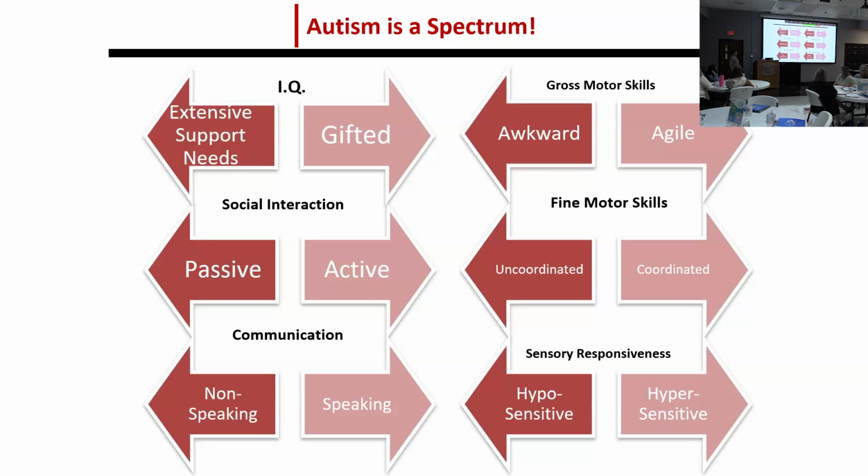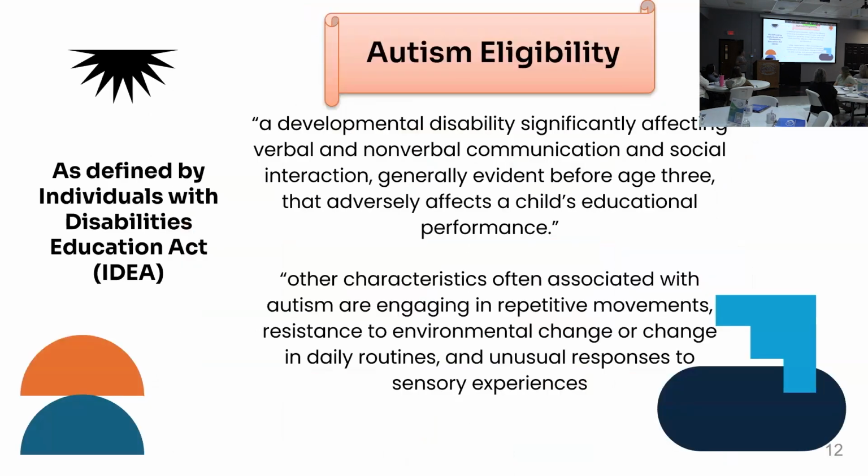Maybe they are non-speaking to maybe they have so many words. Maybe they have awkward gross motor skills to maybe they're very agile. Maybe their sensory system is under-responsive, meaning that they are very low response to sensory, or maybe they're super hypersensitive to where they can hear the fan, they can hear the lady next door, they can hear the noise outside, and they don't have the ability to block it out and focus on what we're actually doing today. So we know that autism can be very hard for those reasons. I'm not going to go through eligibility. I'm going to assume your district is taking care of that with you,